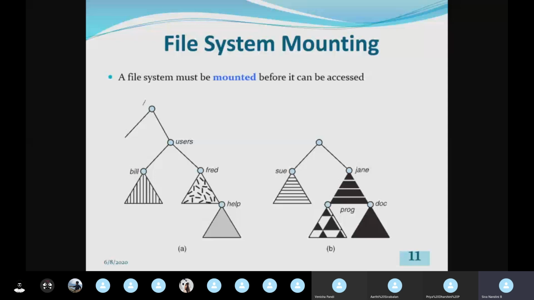For example, I need to move the software Turbo C++. I'm having Turbo C++ in the C colon. So I need to store it in the D colon, which means I need to include it in the D file system. That is, I am going to mount that file as a software file, Turbo C++, in the D file system. That is, I'm going to include it. That is known as file system mounting.